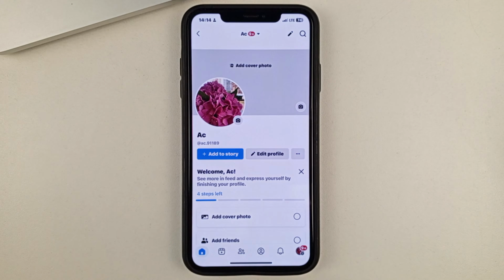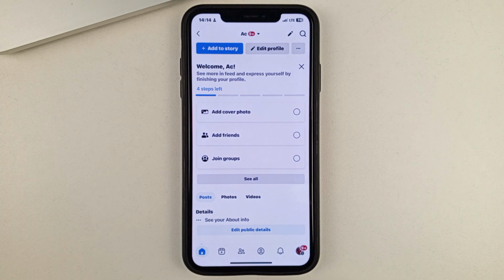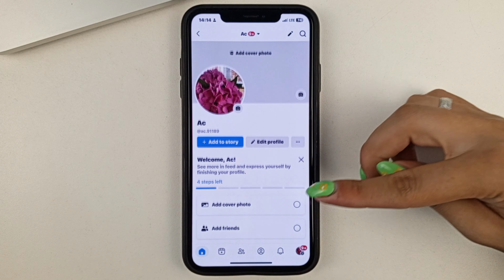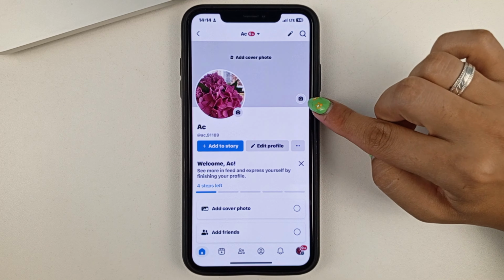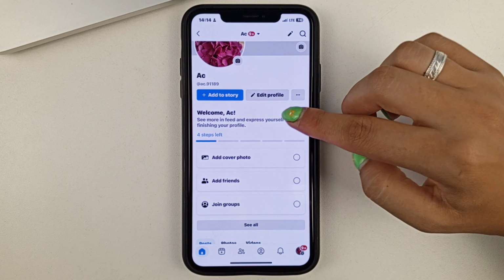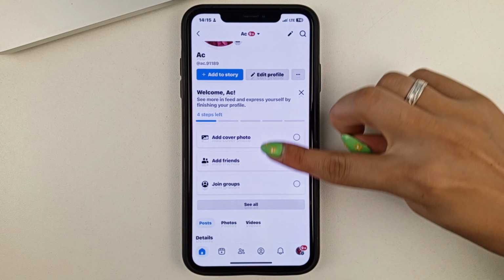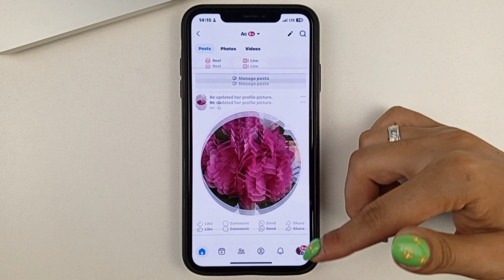So, as you can see, here we have a new Facebook page created with the same email. Here you can also change your profile photo or your wallpaper photo. You can also edit your profile, also go through all the steps that I just covered, like add friends, write your information about yourself, and so on.